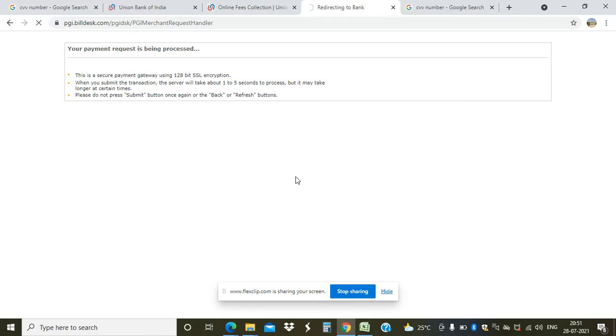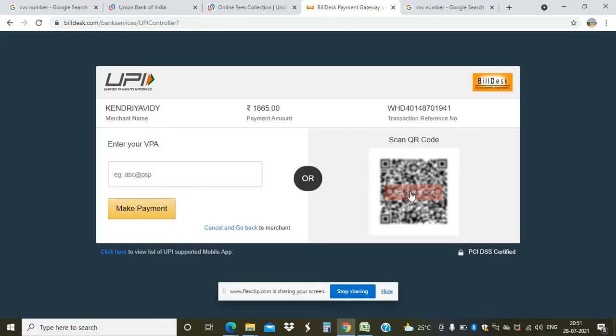This is the most convenient one because by scanning, we can make the online payment. Just click on the scan. We can use any of the apps like Google Pay, PhonePe, Amazon Pay, Paytm, any of the apps you are comfortable with or which is linked to your bank. You can use the scanner of that app. Just scan it and automatically you will be directed to the payment page.